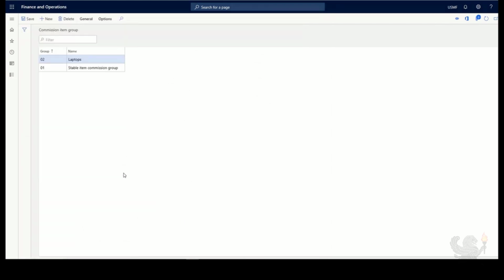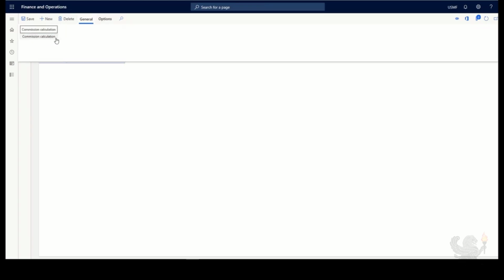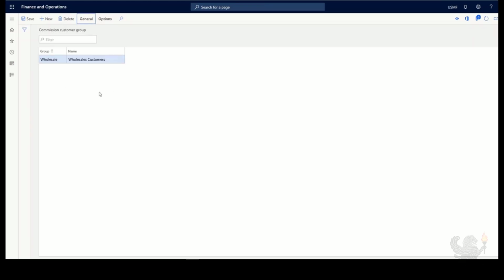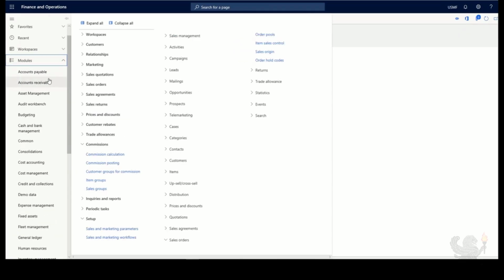up as well is customer groups for commission. So I can go ahead and create a new customer group. This might be wholesale, for instance. Customers. And if I click on the General tab, we can also set up commission calculations for these specific groups of customers for commissions as well. I'll go back to the Sales and Marketing module, and then the next thing that we can set up is